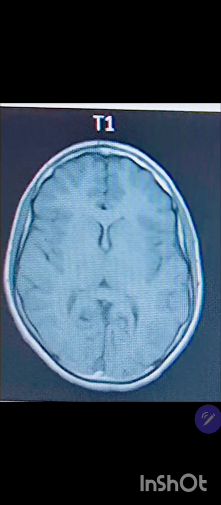In the middle we can see the corpus callosum, the vertical part that is the septum pellucidum, and on either side the lateral ventricle cavity slit, the thalamic body, the temporal lobe, the occipital part, the frontal, everything. And in the T2,